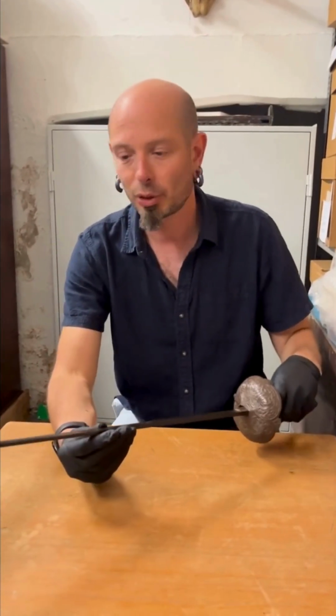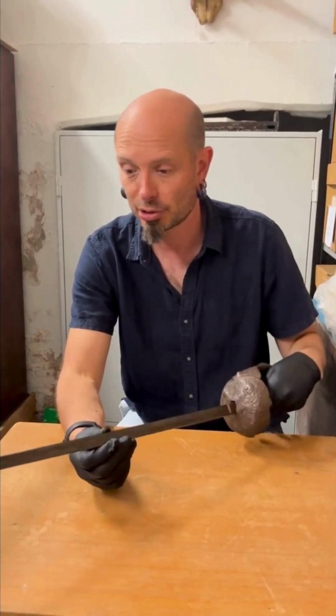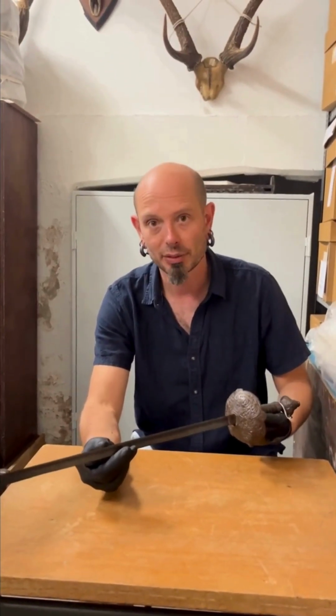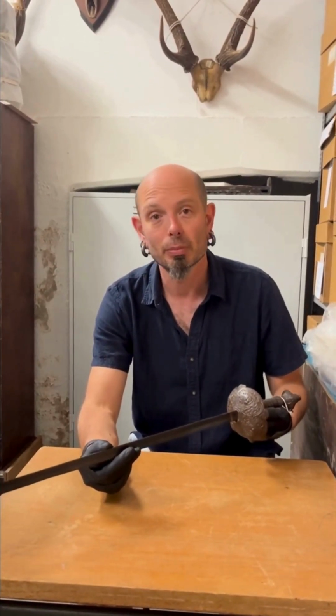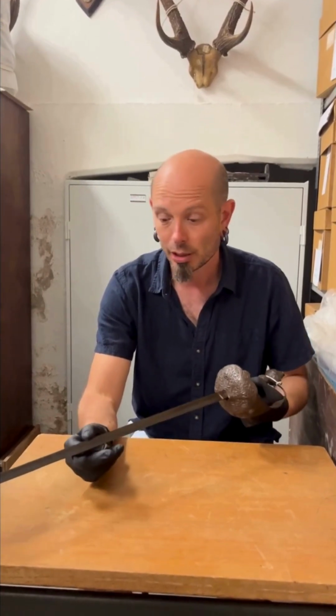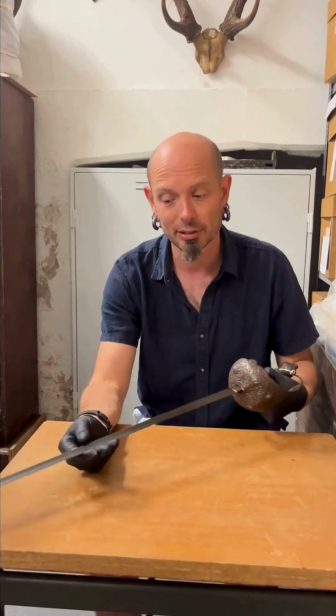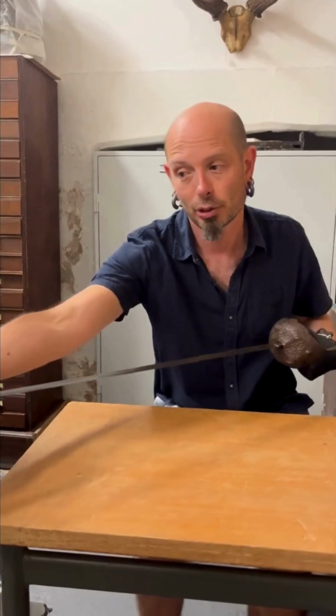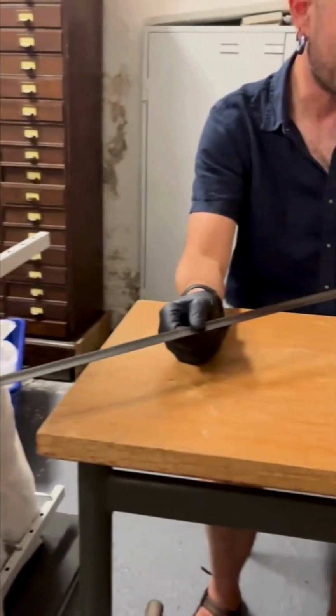This is a very different object to the ichthyosaur skull we just looked at. This is a sword from the English Civil War, so it's several hundred years old. It's still sharp, so it has to be held a little carefully for my sake, because this edge could still cut me, and it's got a very sharp point. But also, these mortuary swords, as they're called,